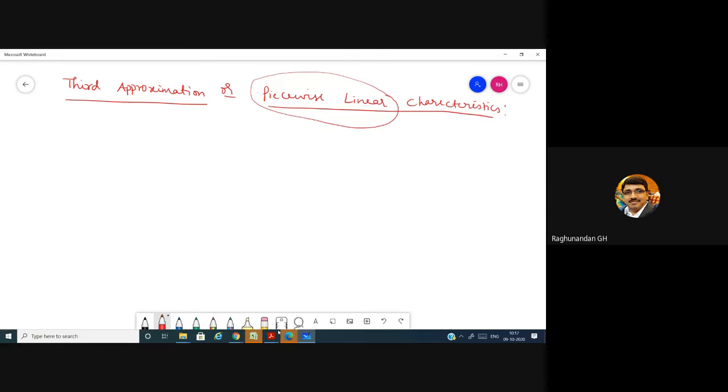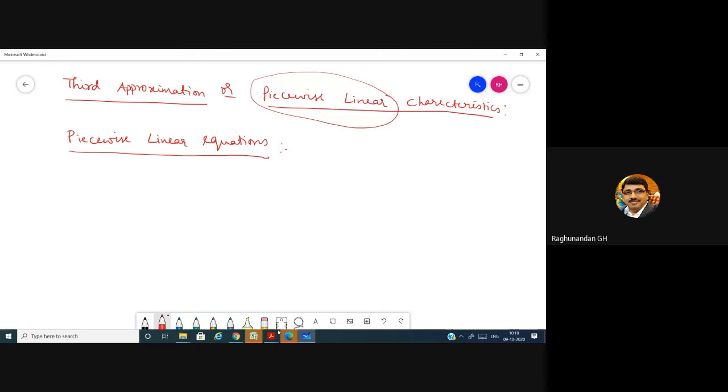In mathematics, we have piecewise linear equations. These are the kind of equations we will be getting in mathematics. So this is known as piecewise linear characteristic, because in order to prove this approximation mathematically, because in electronics,